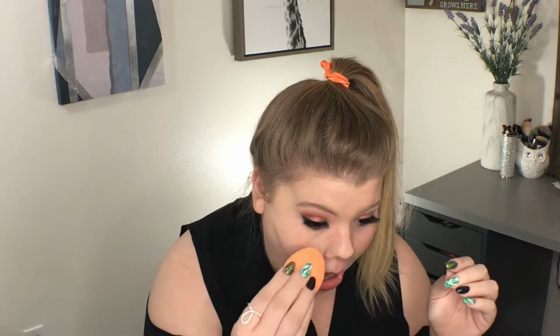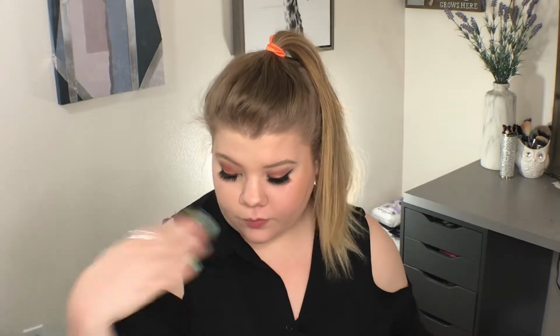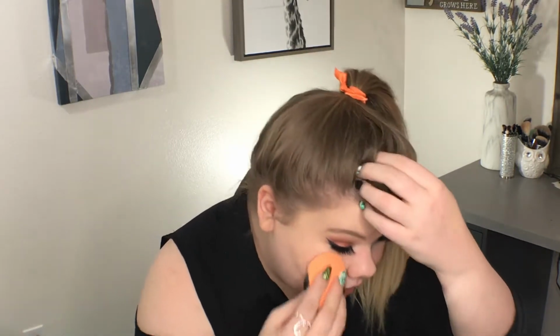For some reason, it is not wanting to do my nose. I cannot get it to keep the foundation on my nose. Every time I do my nose, it's just moving it around. Maybe my face is still wet? Yeah, okay, so I love Real Techniques brushes, but for some reason,